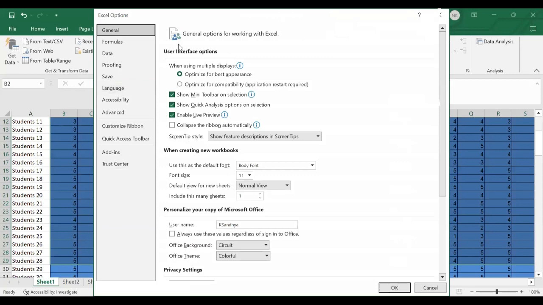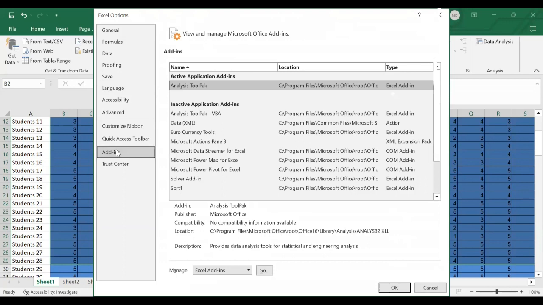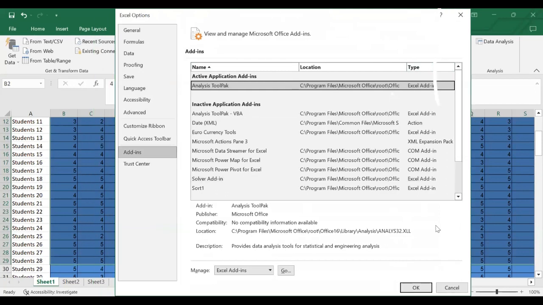After clicking on options, the Excel Options window will appear. In Excel Options, go to Add-ins. In Add-ins, there is the Analysis ToolPak option. Click on Analysis ToolPak and click on Go. After clicking on Go, your ToolPak will get